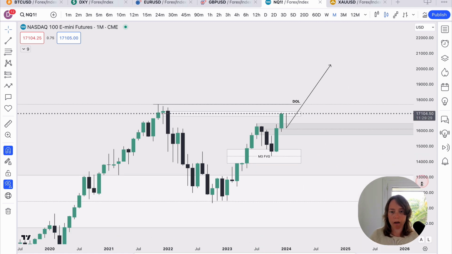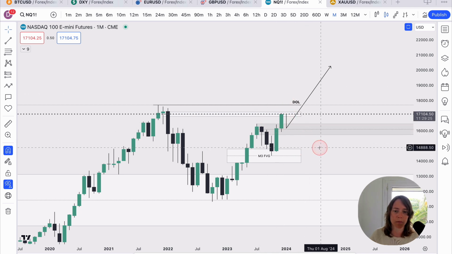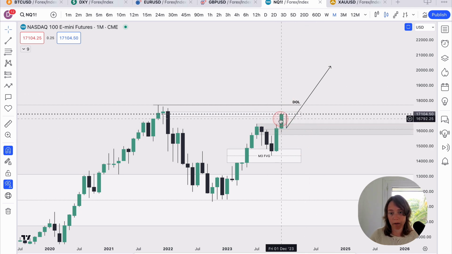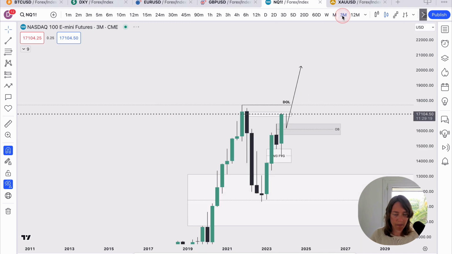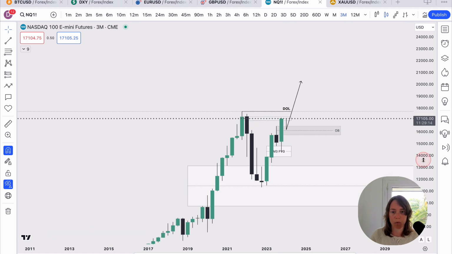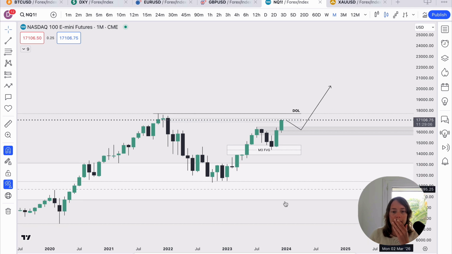But I won't wait for this, because you have to look on an intraday basis, of course, at what you can trade. It can very well just push up and never come back again. But if it does come down, this is definitely my point of interest, to look for really good, even swing positions. So yeah, that would be nice. But what can we expect? Well, if